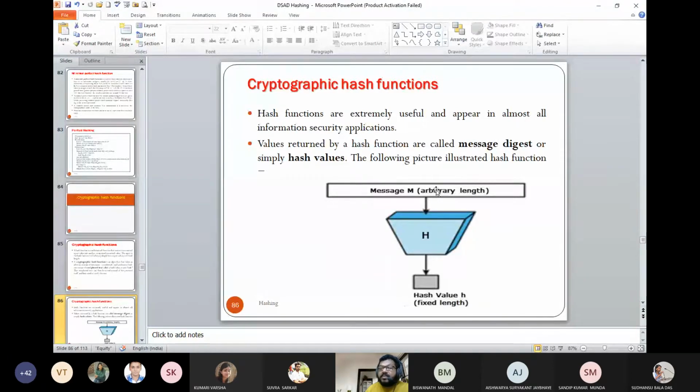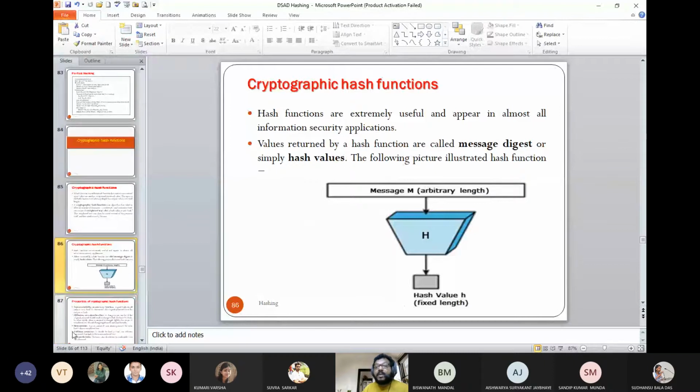Sometimes a particular system allows only an 8-character password, but you enter a long password and it is stored as 8 characters by translating the string through a set function. The value returned by the hash function is called the message digest or simply the hash value. The key thing is that the input or key value is very large, and what you store is a very small, limited number of bits.